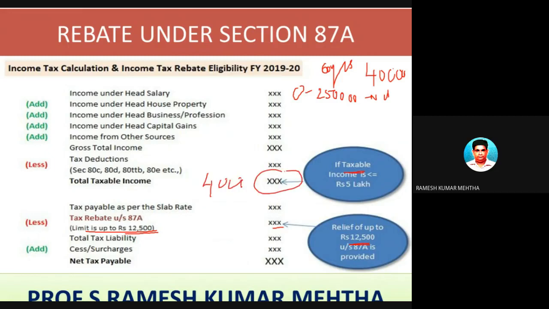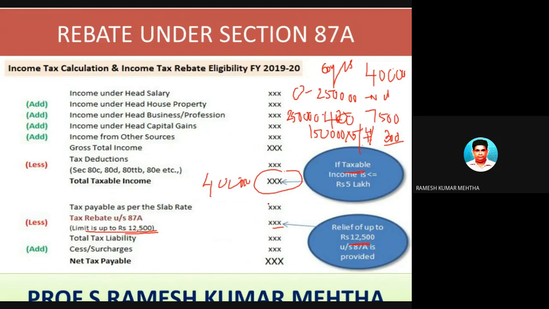Number two, 2.5 lakhs to 4 lakhs. The difference is how much? 1.5 lakh rupees. 1.5 lakh into 5 percent is 7,500. So this is the tax he has to pay, plus